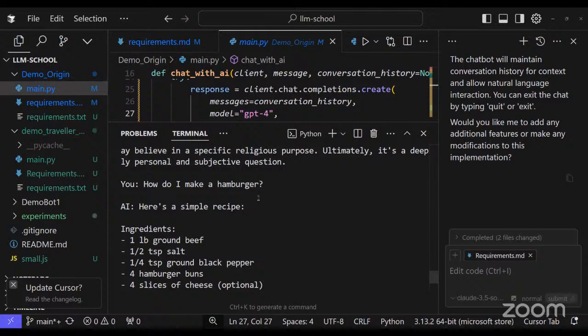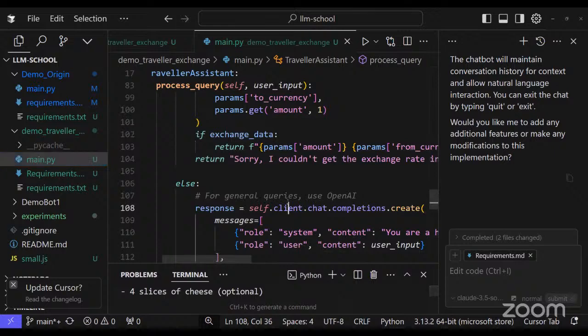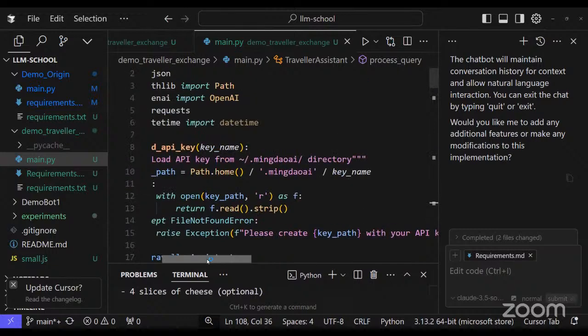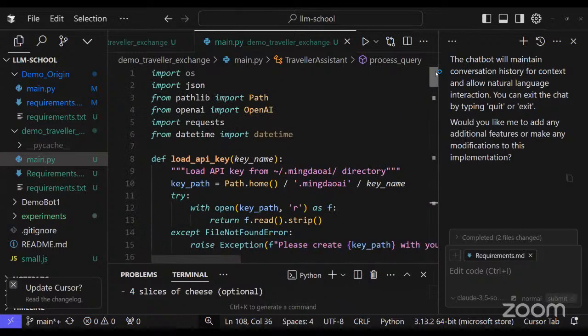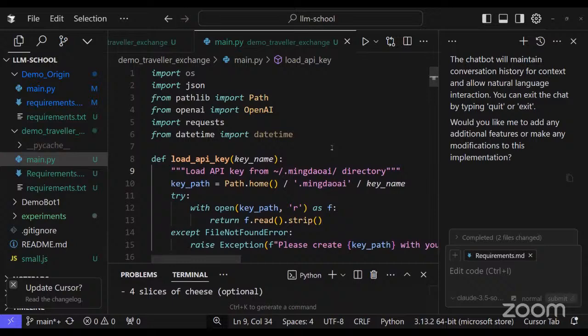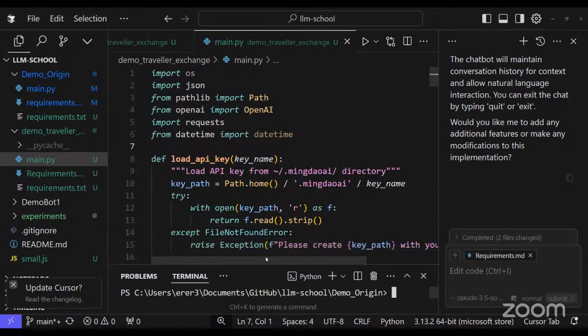Next, I'll demonstrate something I've worked on for around 2 hours total, which is pretty short for a development time, which is specifically intended for a traveler going to Europe. This travel assistant robot directly allows the user to figure out exchange rates between any currency and other currencies, and also allows the user to find the weather at any location in the world. It isn't that much more complicated.